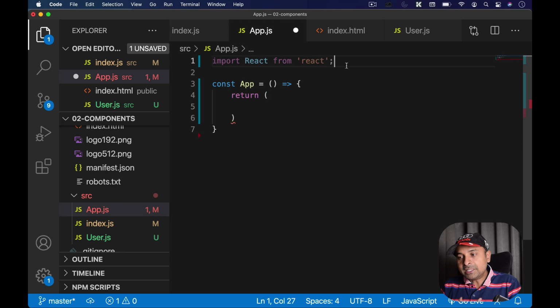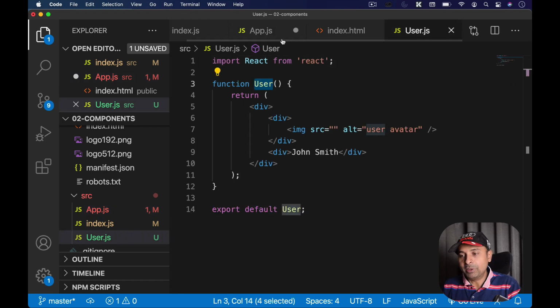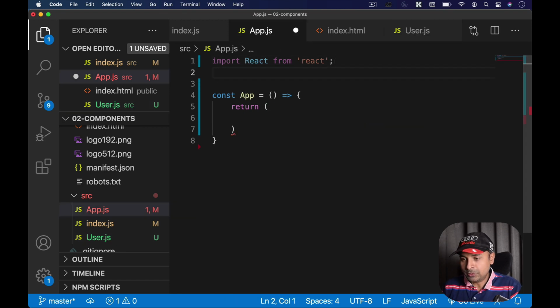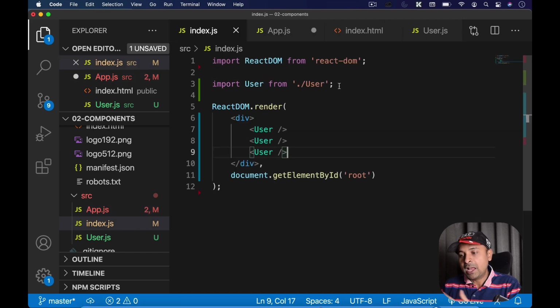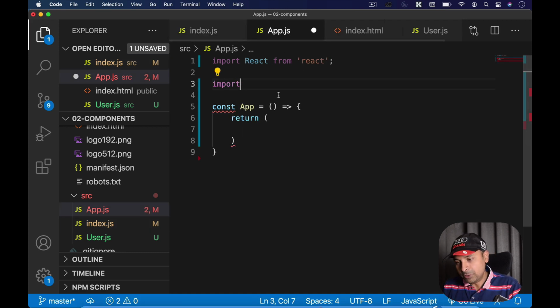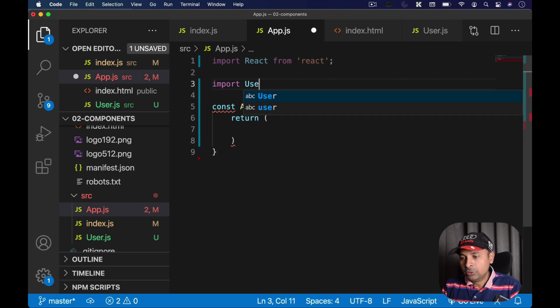And inside this app.js, now I'm going to import my user. Okay. So instead of importing in index.js, I'm importing my user inside app.js. I'm trying to create a hierarchy here. I'll tell you how it is working. User from dot slash, and this is again in the same folder, so I don't need to give the folder name.